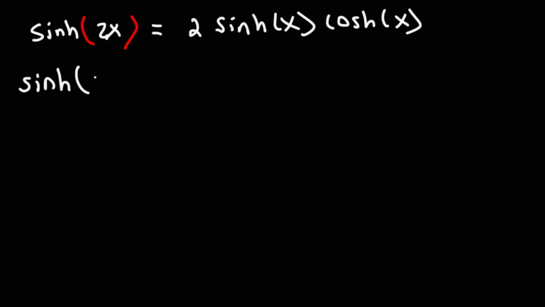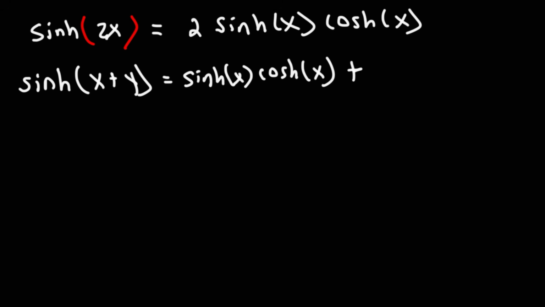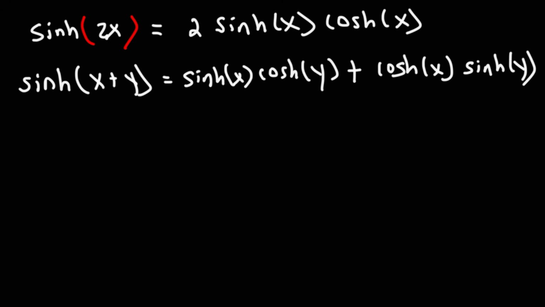Hyperbolic sine of x plus y is equal to, actually not a 2, it's hyperbolic sine of x times hyperbolic cosine of y, plus, if we see a plus here, this is going to be a plus, and then this should be a y, not an x, and then plus hyperbolic cosine of x times hyperbolic sine of y. Using this formula,